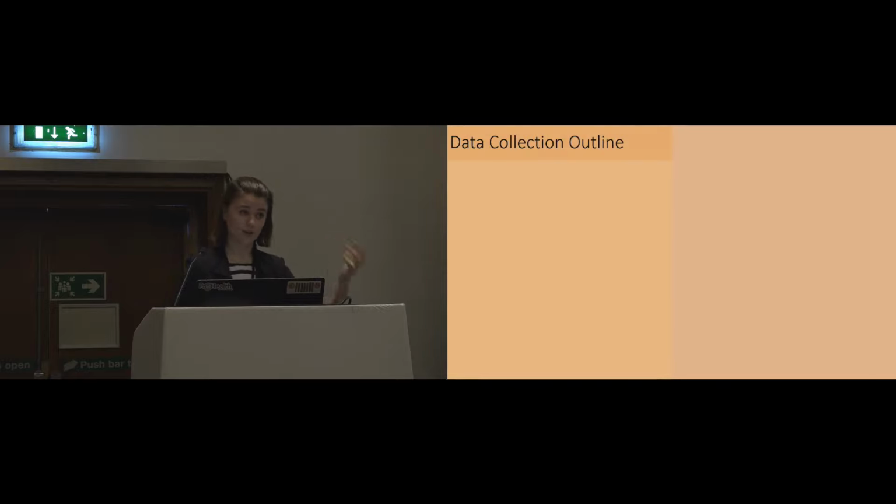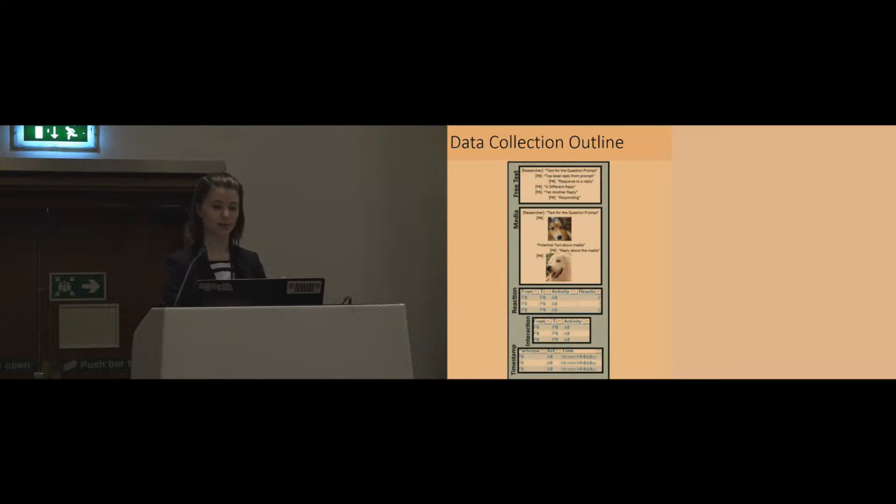So the next thing, now that you have your platform figured out, is figuring out how you're going to deal with all the data. And there's lots of different data you're going to get from an ARC study. So I have a little example of some different kinds of data and how we worked with them. So for example, you get your text-based data, and here we have an example of it with the participant information removed.